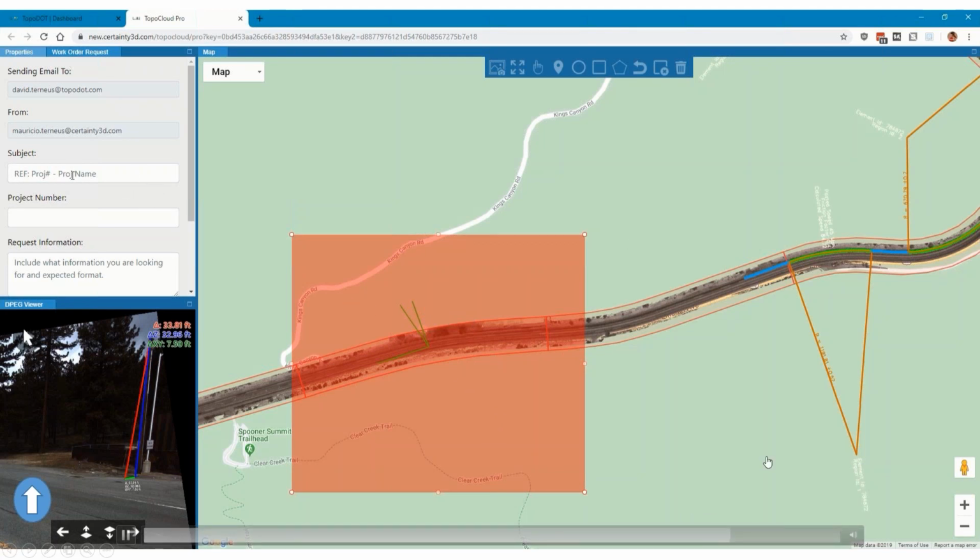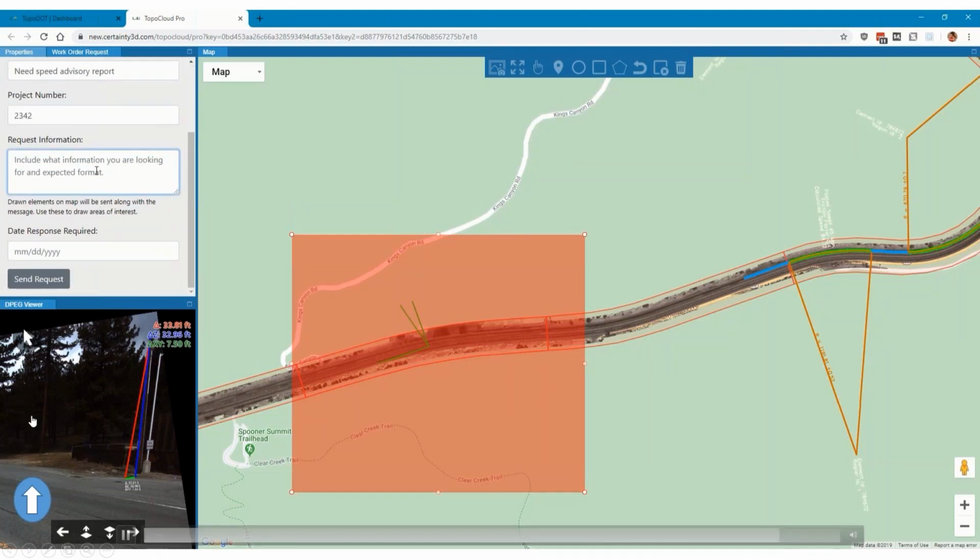They put the work order request in, and that work order says, please give me this. Please, this is what I need from this. I'm an engineer. This is the project we're working on, and so on. Need speed advisory report, which we have tools for. Okay, so now you see